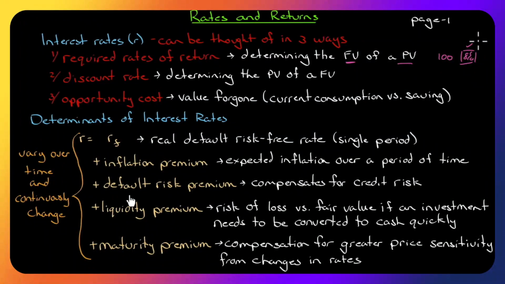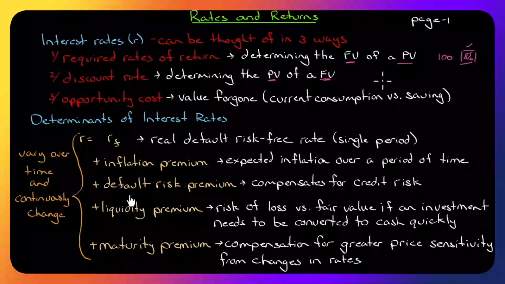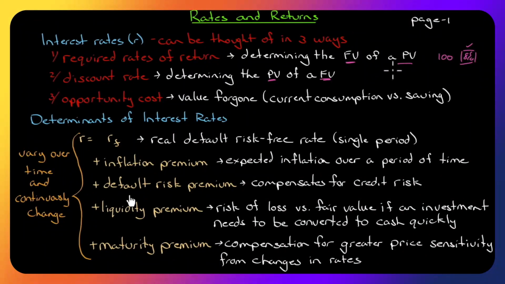When we talk about a discount rate, here we're determining the present value of some future value. So you may say, I have this goal of making a deposit on a house in 3 years. I'm going to need $40,000. If I invest in a basket of securities, how much do I have to invest today such that I have $40,000 in the future? Well, we would discount that $40,000 by whatever the expected return on that portfolio is,